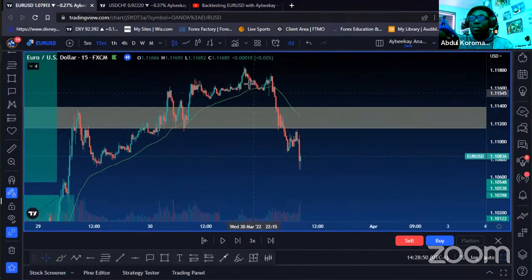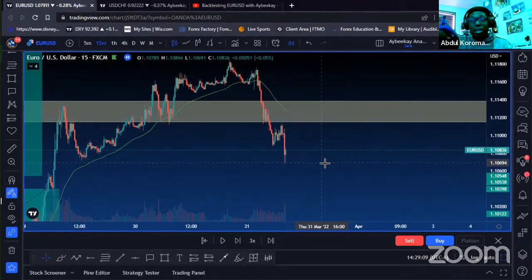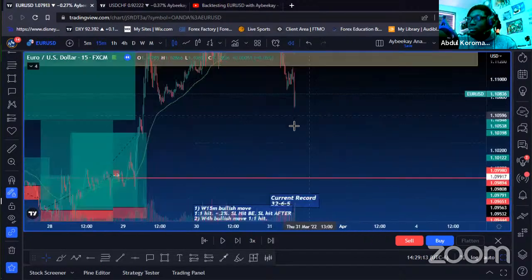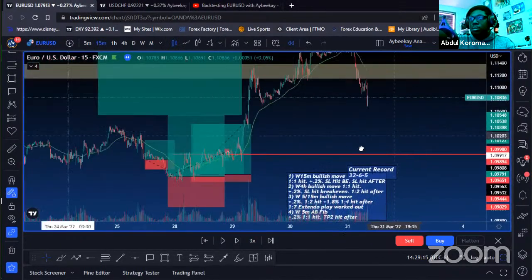So again, remember, perfect example right there of why I would even want to play it half risk, because of how fast it dropped compared to how slow price rose. If this would have dropped slower to the downside, then maybe I would have risked a full percentage for it. But that's not what happened. So I'm just like, I ain't gonna do it. All right, so